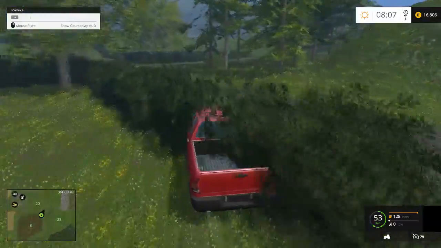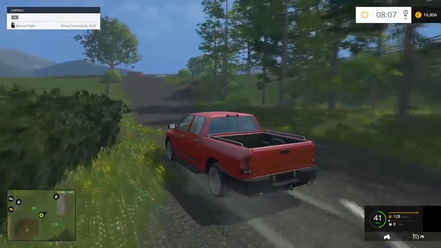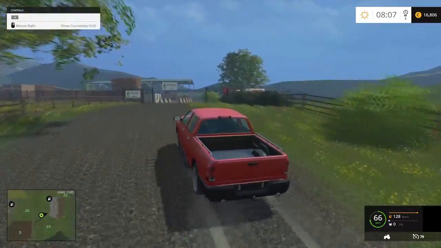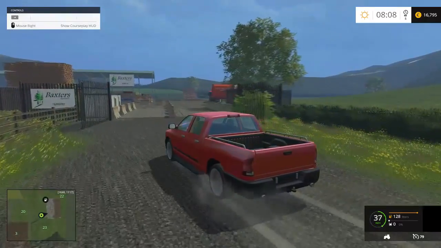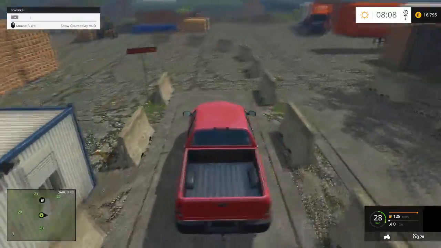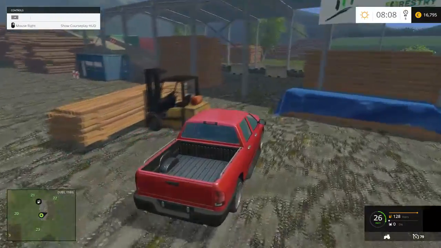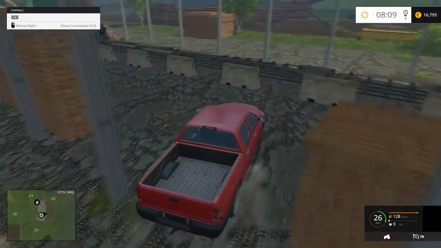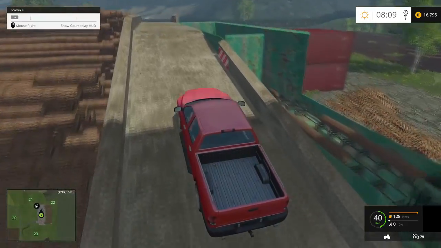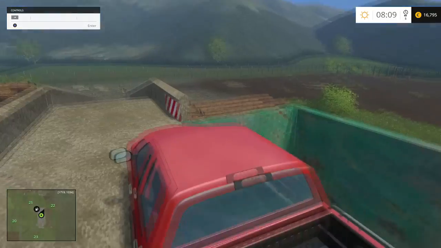Seriously, where's the exit? Oh well, that works. So, what on earth is this? Oh, that's a mountain. This is Baxter's Sawmill. So... Oh, this is the wood sell point. So presumably you back the trailer up here and you tip it in the...